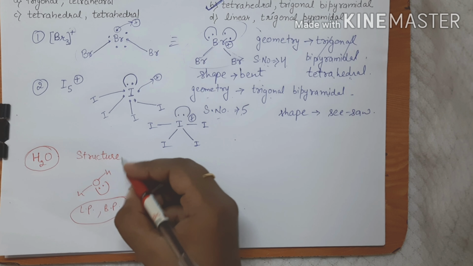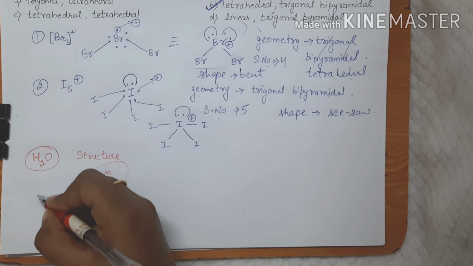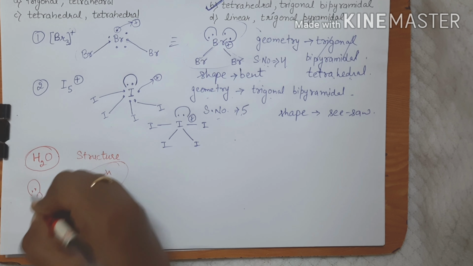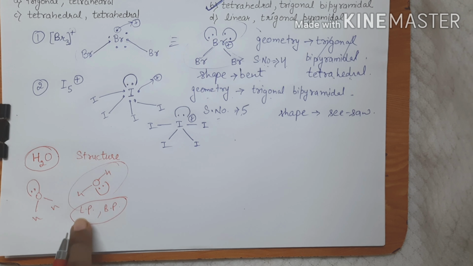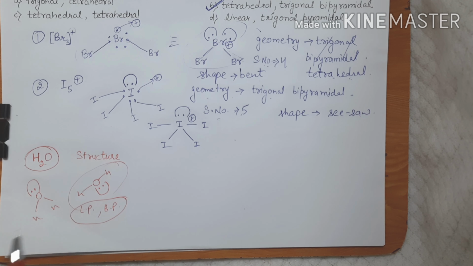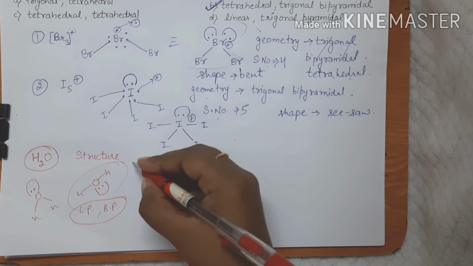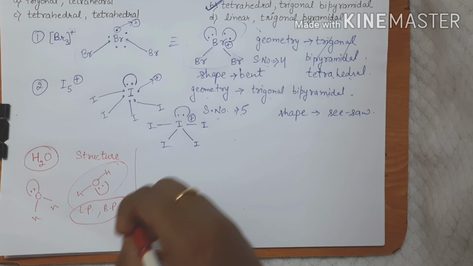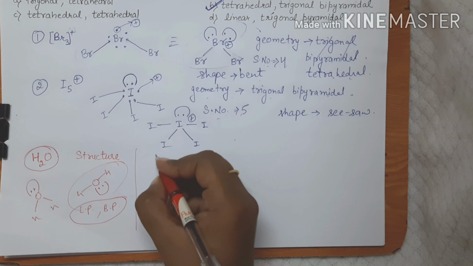Okay, the structure which you are making could be like anything, but you should be correct with your lone pair and bond pair and also the attachment of atoms. So this is all about the structure, most rough drawing, right? So next, if we move to the geometry,